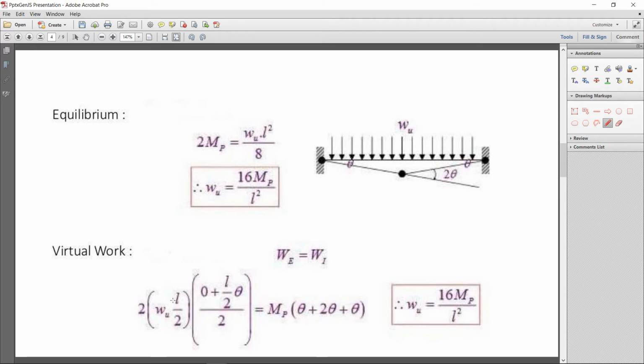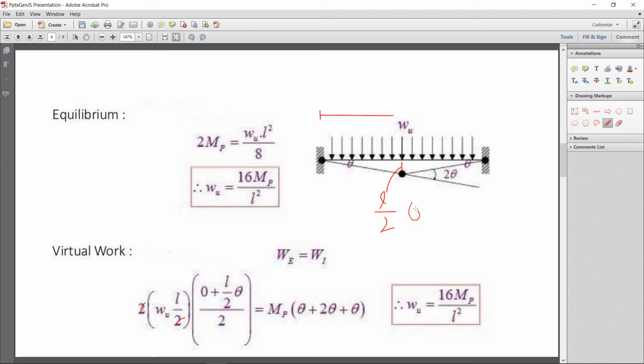Now let's see the external work done. In the external work done, the load is w into L, total load, that is w into the length of the beam. Then you will multiply by the average settlement. In this fixed ended beam, you will get the average settlement by 0 plus this deformation. This deformation we already showed in the first example. How do we calculate this deformation? If we know theta and the length of the beam L by 2, then we will get L by 2